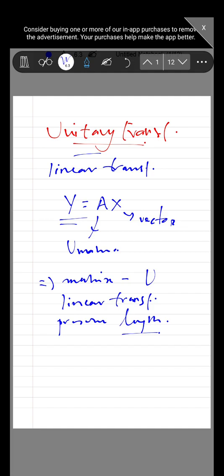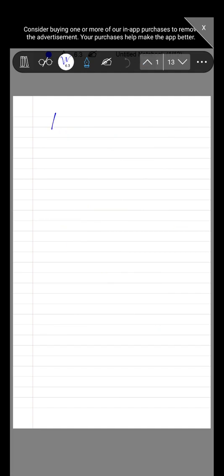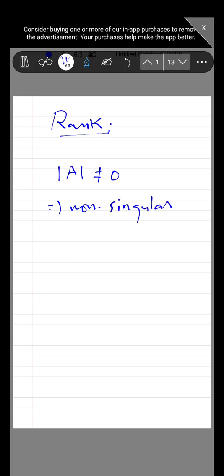Another important aspect of matrix is something called rank. The rank of a matrix. Now, if the determinant of a matrix is not equal to 0, it is called a non-singular matrix, and if it is equal to 0, it is called a singular matrix. Now, if it is a non-singular matrix, then it can have a rank